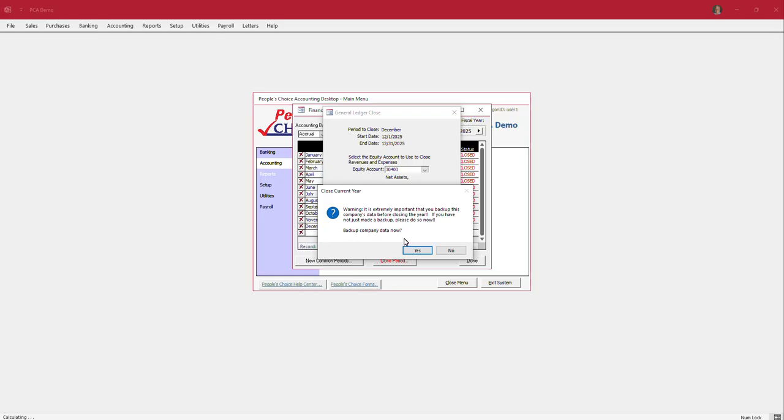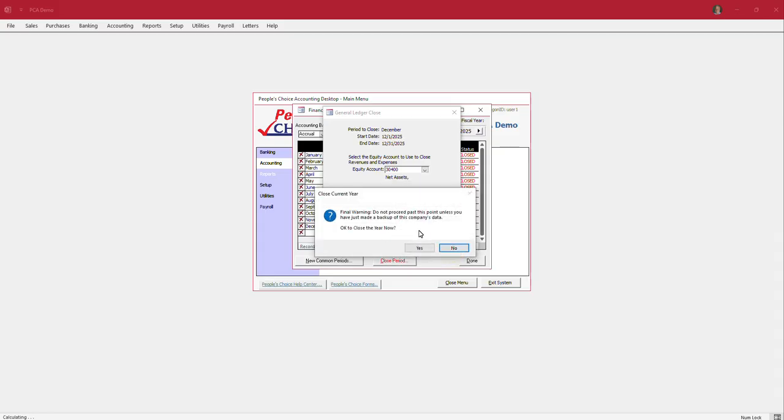If you haven't backed up prior to this, you really should say yes, you want to back up now and make a backup. Otherwise, if you have made a backup, then you just say no. It's giving you one more warning, because once you close a fiscal year, you cannot reopen it and put any new transactions. So you want to make sure you've got absolutely every adjusting entry in there. That's also a good reason why you make a backup now. If for whatever reason you find out that you want to reopen your year, you're going to have to restore from a backup to do that. Otherwise, you click yes,